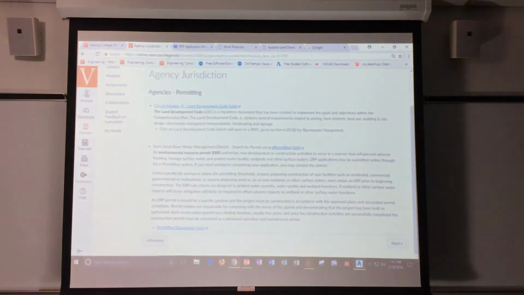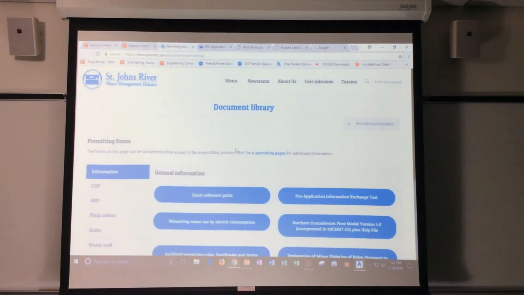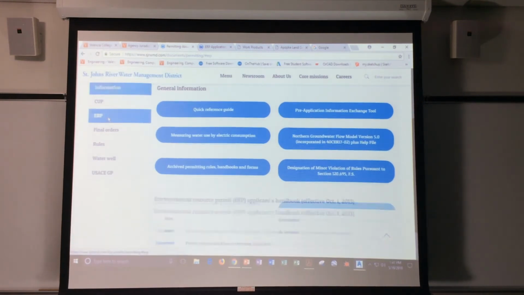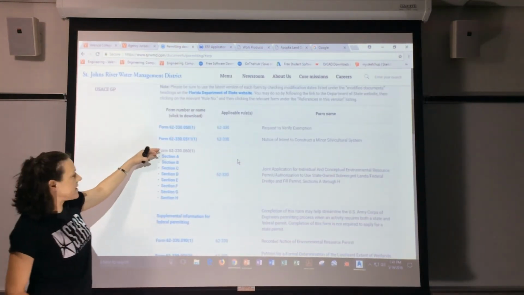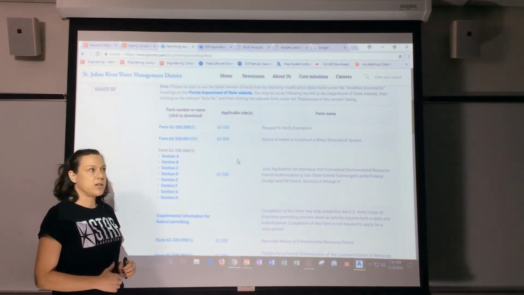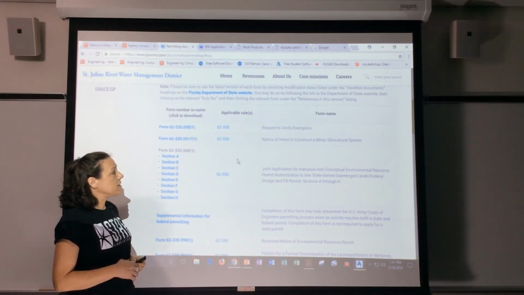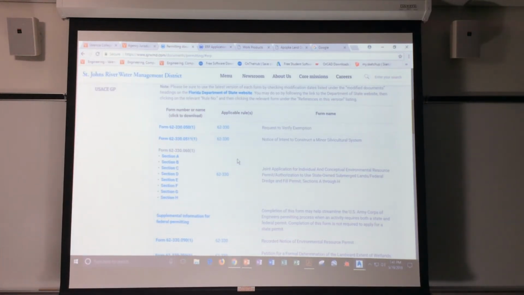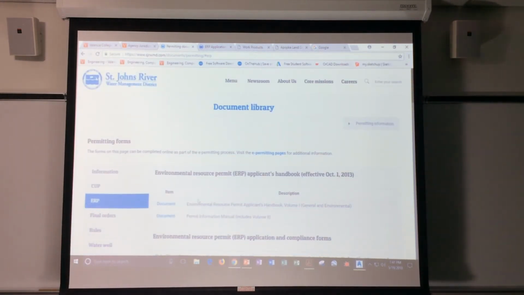But if I go back to the permitting documentation links, it's here on the bottom, I can go to the ERP and I can download, and it says here's what all the sections are to permit a stormwater management pond. It also has the rules and regulations on how to design by. Now, I may ask you in the future